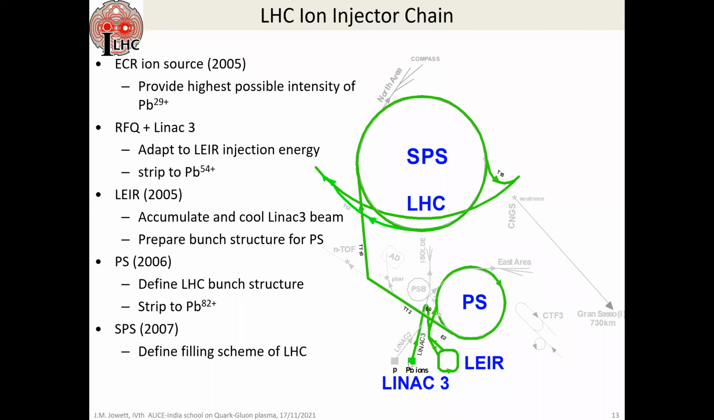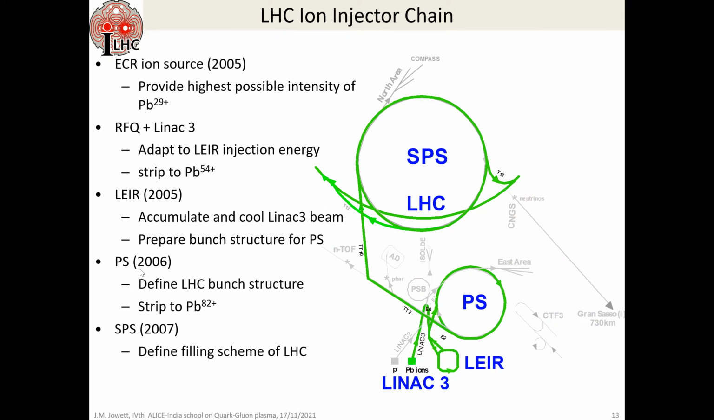This is LINAC 3, the source here, from which the beam is then injected into LEIR. Here, LEIR is in a strange position with respect to LINAC 3, but this is for historical reasons because previously it was an anti-proton ring and was substantially modified into the ion ring. This is a very special machine which accumulates and cools the LINAC 3 beam and prepares the bunch structure for